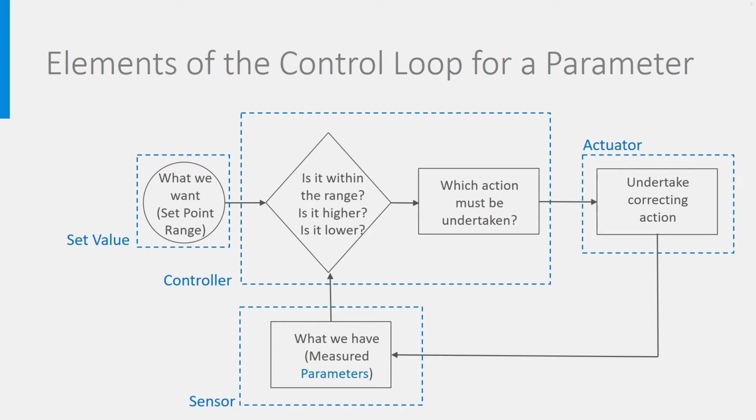To make a control system, we need to be aware of our control objectives. Which parameters do we want to control? For instance, the temperature. In that case, we need to choose the right temperature sensor and to set the right set point value range. We then need to be aware of the possible actuators. In our example, which elements of my HVAC system needs to be activated or deactivated to influence the parameter we want to control. In the case of temperature, it may be switching on or off a cooler or a heater, opening a window or putting solar blinds down. This type of control loop is called a feedback control loop. The sensor provides feedback to the controller, helping him to make the decision.